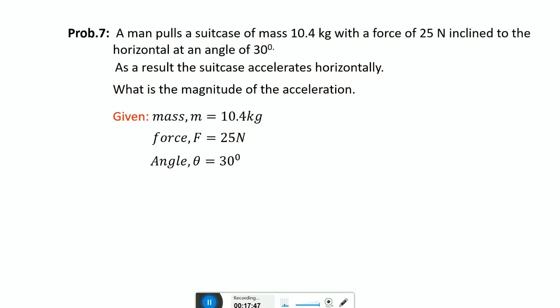The free body diagram will be shown in the figure. This is direction of suitcase, that suitcase accelerates horizontally, means along x-axis. This is a normal force, that is N. This is gravitational force mg or Fg,